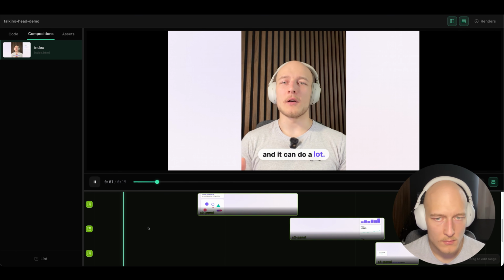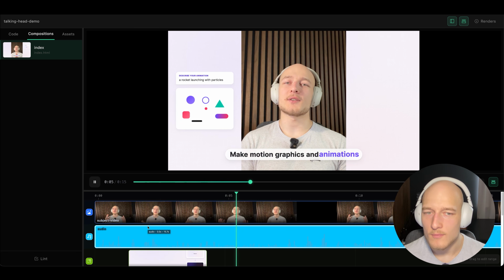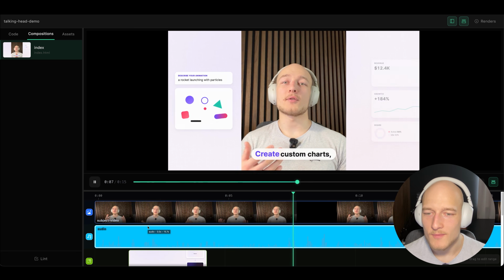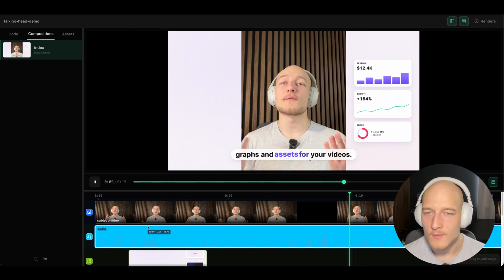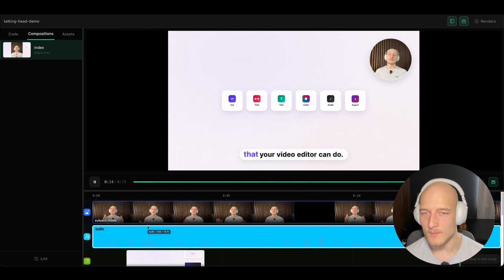And it can do a lot. Create entire videos just from a website link, make motion graphics and animations simply by typing in plain English, create custom charts, graphs and assets for your videos, add customizable captions, and basically do anything that your video editor can